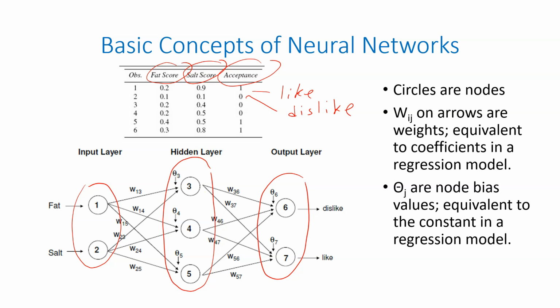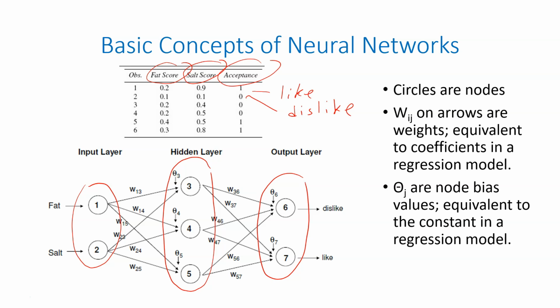Remember, the more nodes you have in the hidden layer, the more flexible the network may become to model complex relationships. But at the same time, it also becomes more computationally expensive and increases the chance of model overfitting. So it is recommended that you start with a relatively simple network architecture and then increase its complexity incrementally to find the optimal fit. In our simple example, we will start with only 3 nodes, nodes 3, 4, and 5.